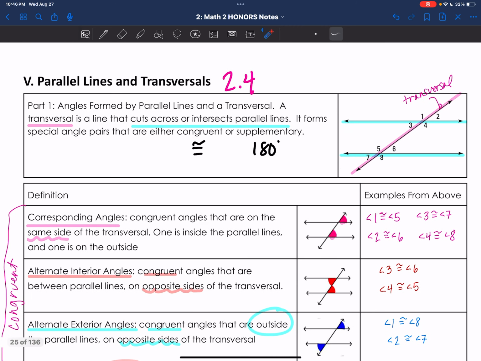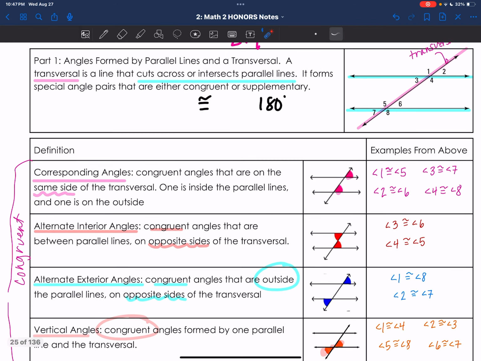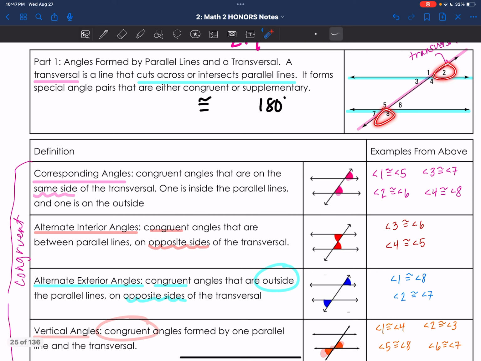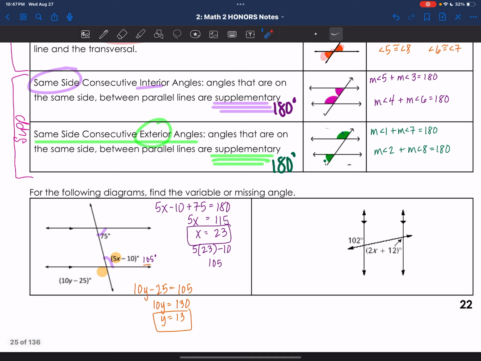So if we were to go up here, you'd have 1 and 7, which are supplementary. So you add those equal 180. And then you also have 2 and 8, which are supplementary. So you go ahead and you add those together equal 180. So if you were to look here,